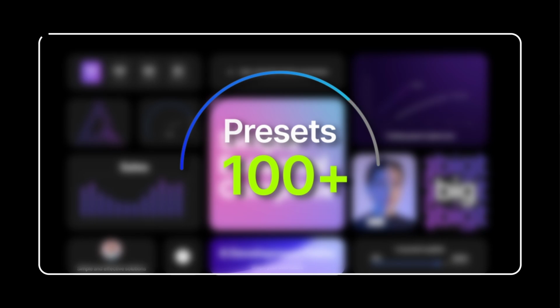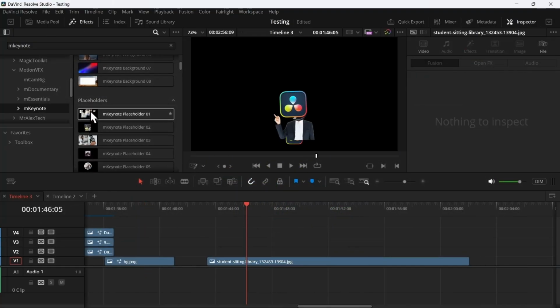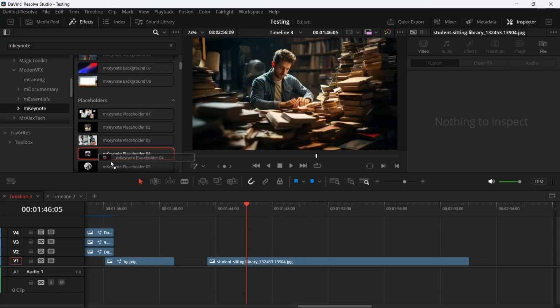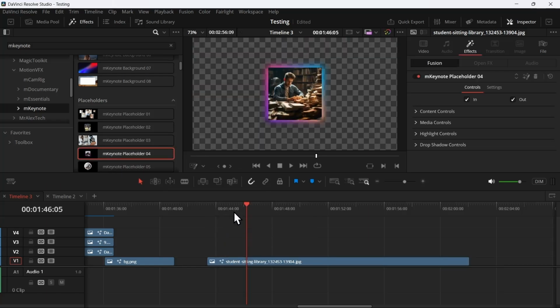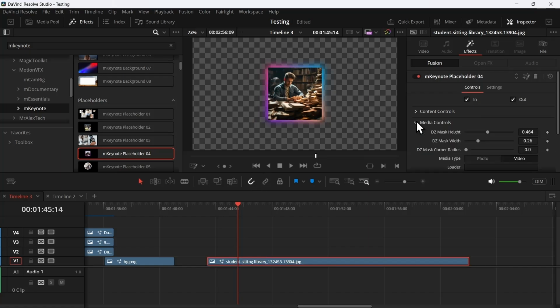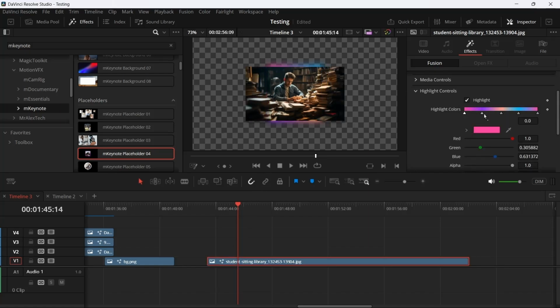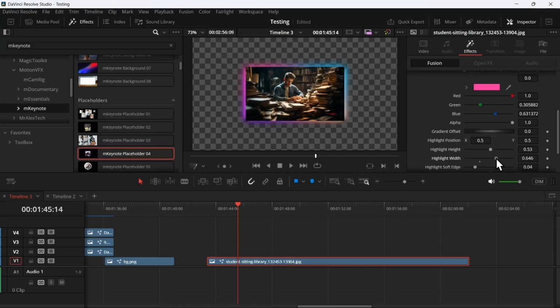It's a big pack. One of my favorite effects are these placeholders, which you get 15 of them. This one is special. If you just drag and drop to any image or video, it will give you this box and light at the back, which is again completely customizable. You can widen the box of the image. You can also change the color of the lighting as well as the size,